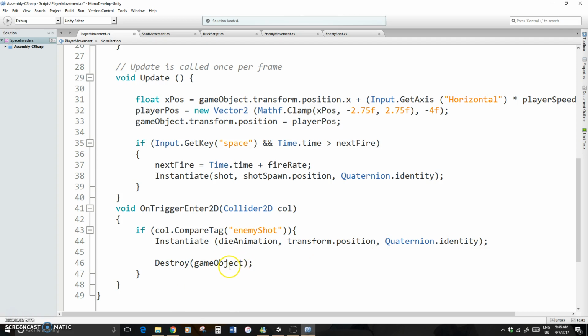Now, it's important that the destroy comes after the instantiate, because you want that to appear, and then you want that one to disappear, okay? So basically, we've gotten rid of our player. Now, we'll have to reinstantiate that one later, but that's the big idea here. All right, so once we've